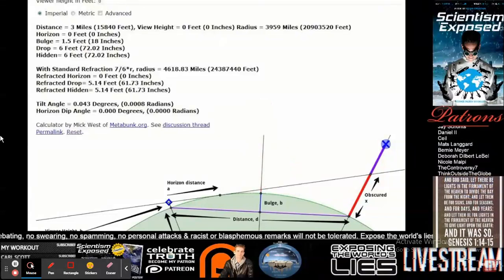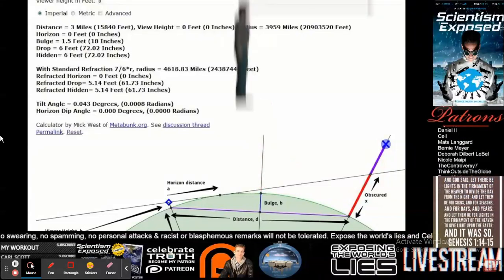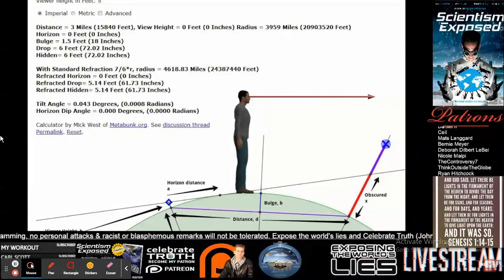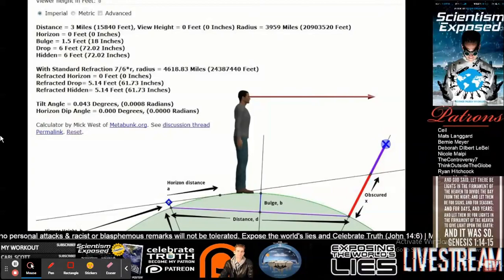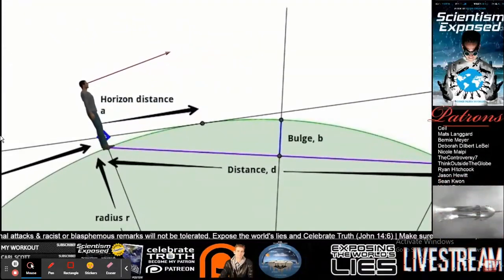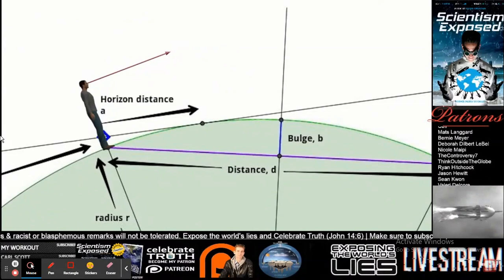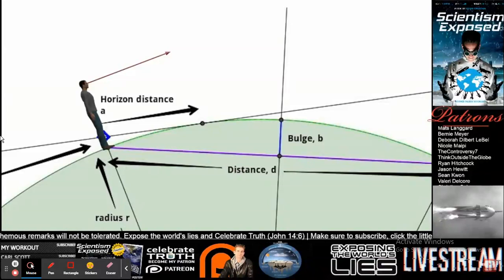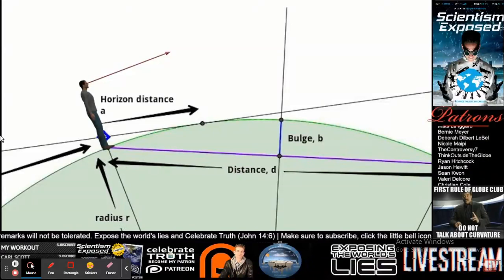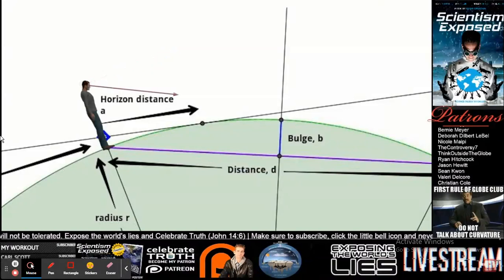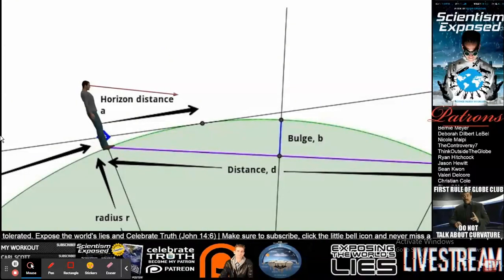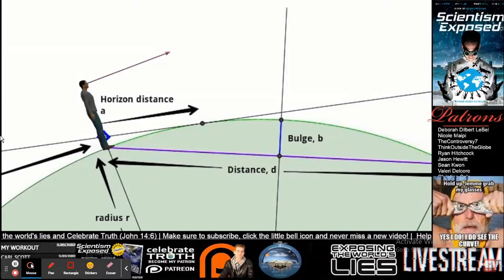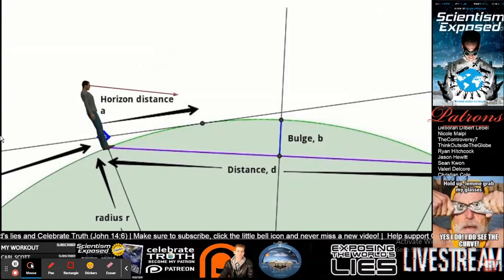But let me just simplify all of this for you and bring PJ back into the picture. Now he's standing on top of the ball, right? But I'm going to slide him over to the observation point here. Now I'm keeping him perpendicular to the ground. Now, do you see the problem? The only way he could be looking toward the top of the bulge is if he's tilting his head down. He'd have to be looking down. He couldn't be standing straight up, looking straight out. The only way he's going to see the curve is if he's looking down.